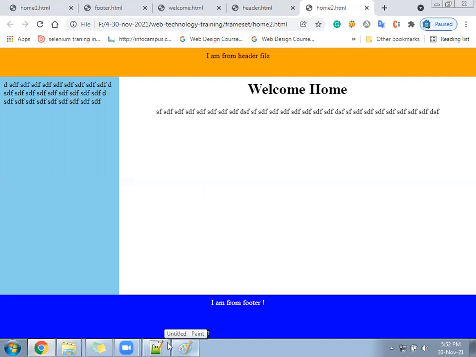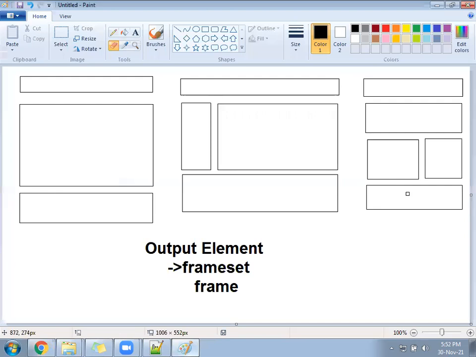Okay, so we will work on the next photo. This is the next photo. In this, how many rows are there? 4 rows. First row has some certain height, second row has more height, third row has some height and equal width, and fourth row is full width. Correct? What we did before was create a total of 3 rows only.